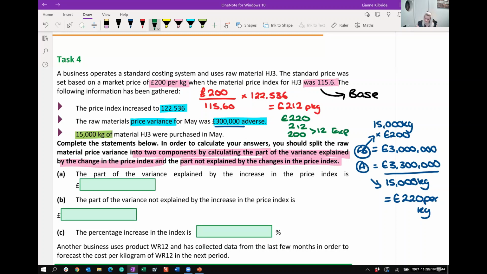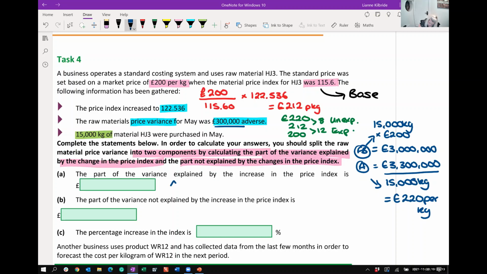We know the £12 increase from the 200 to the 212 is explainable. However, the 12 to the 20, which is the £8 per unit increase, will be explained using different factors. So we'll just put it as unexplained for the time being. That £20 increase, 12 of it can be explained and 8 of it is not explained by that